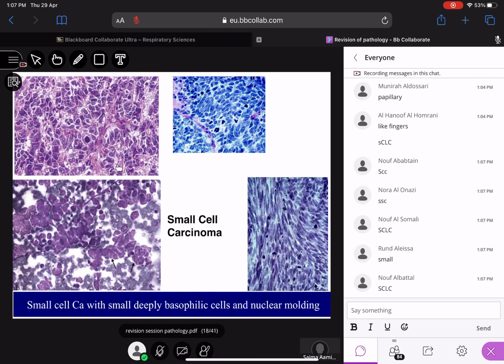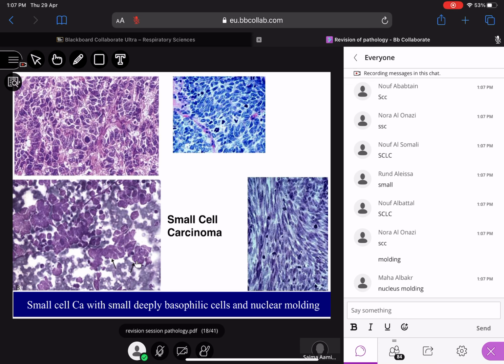Small cell carcinoma, yes, absolutely right. You see small cells, they have hyperchromatic nuclei, scanty cytoplasm, high NC ratio. What is this feature at my pointer tip? Nuclear molding, yes, where the nuclei are hugging each other and one nucleus is going to compress and form the other nucleus. This is nuclear molding, and they are marching in a line. So Indian file pattern.